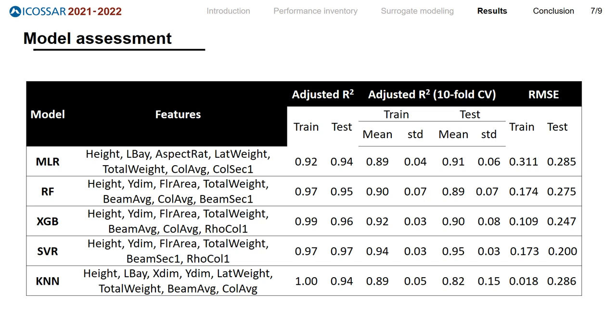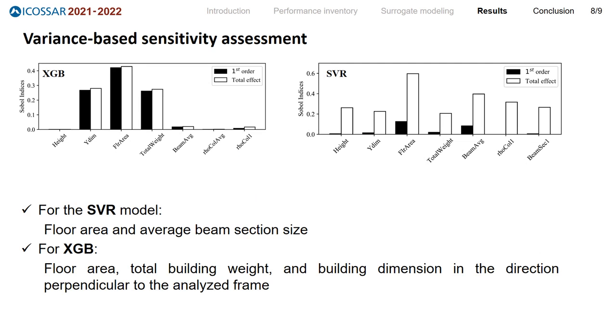One last observation is that height, floor area, average beam section, and the weight-related parameter are selected in all the best models. An important question is how prediction varies based on uncertainty in the input parameters. Therefore, variance-based sensitivity assessment is performed on the best machine learning models. In this method, response variance is decomposed into partial variances, and first order and total effect Sobol indices are calculated as the ratios of these partial variances to the total variance, where any parameter with a Sobol index above 0.05